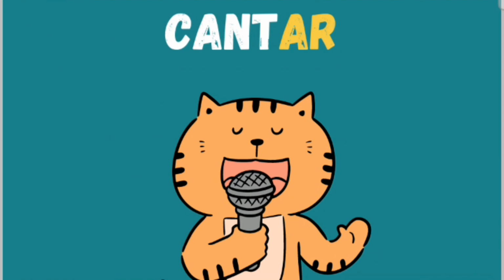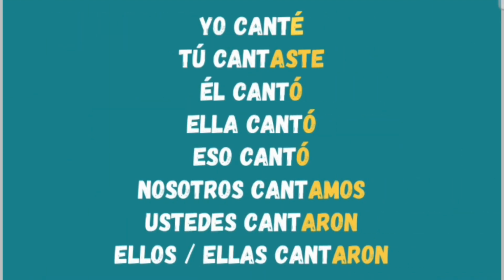And now we have this verb to sing, which means in Spanish, cantar. Cantar. Okay, and let's see how we're going to conjugate this in the indefinite past. If you want to say I sang, then you have to say yo canté. Yo canté. The root word would be cant. Okay, and then you have to end it with letter E accent because you're talking about a personal pronoun. The personal pronoun I, yo.